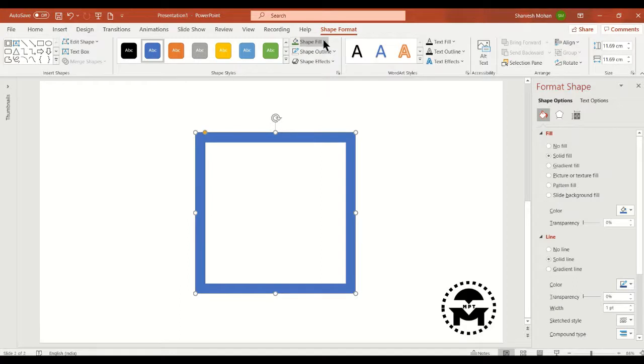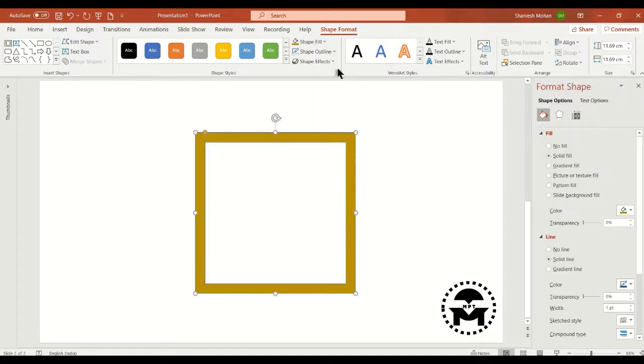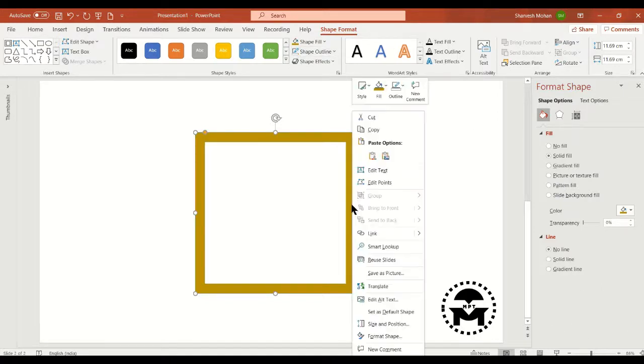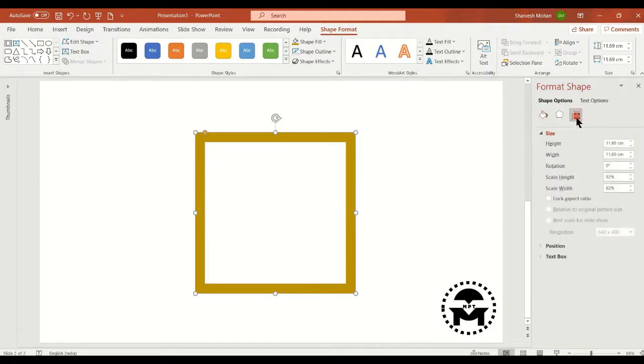Change the color maybe like this, and shape outline, no outline. Right click, format shape, go to size and properties, rotate by 45 degrees.